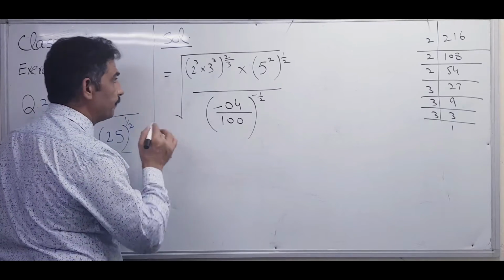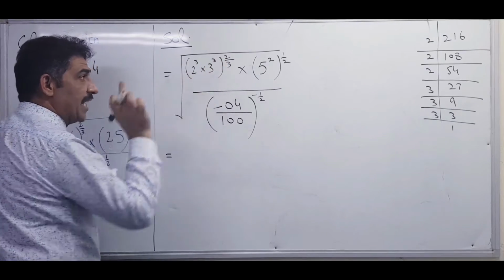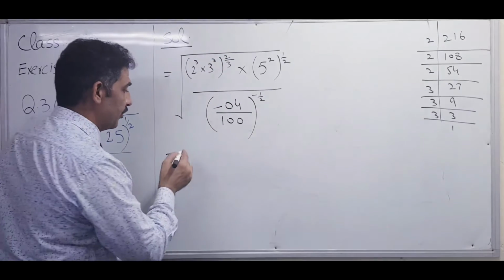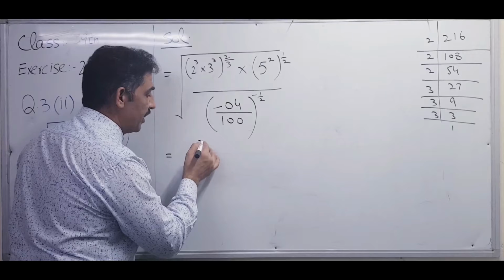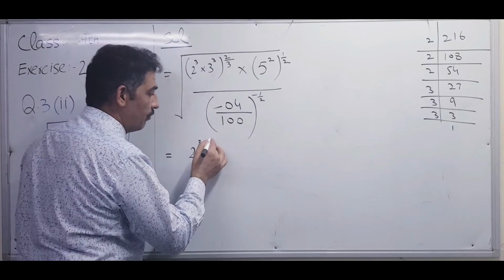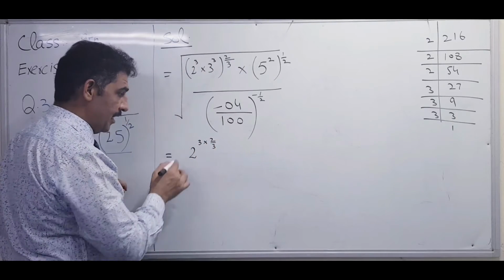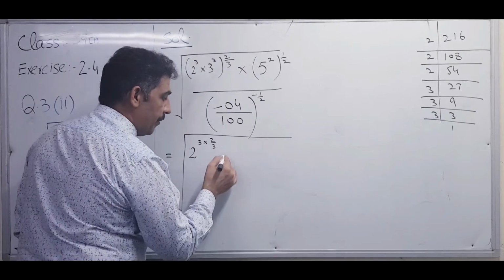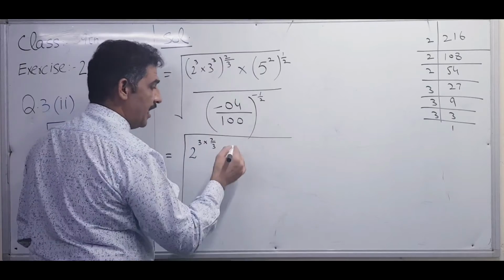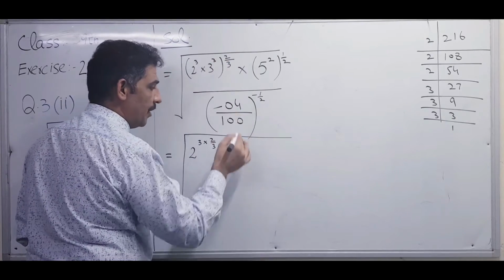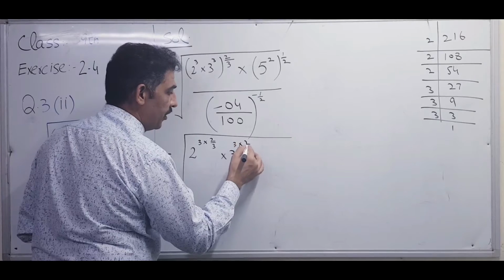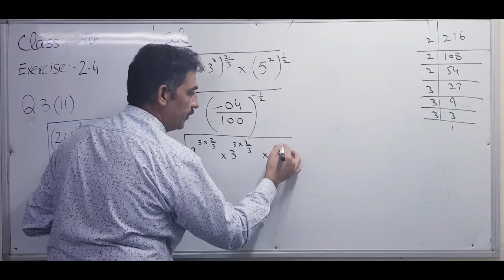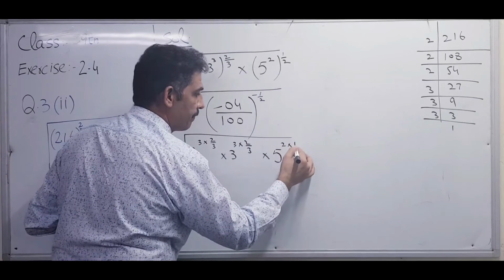If there is a bracket and also a power, and both have powers, then the powers are multiplied. So I am solving 2 exponent 3 with its power multiplied by the whole power 2 over 3. First you apply this one, maybe after that you forget. Multiply by 3 and its exponent 3, multiplied by the whole exponent 2 over 3. 5 with exponent 2 multiplied by 1 over 2.